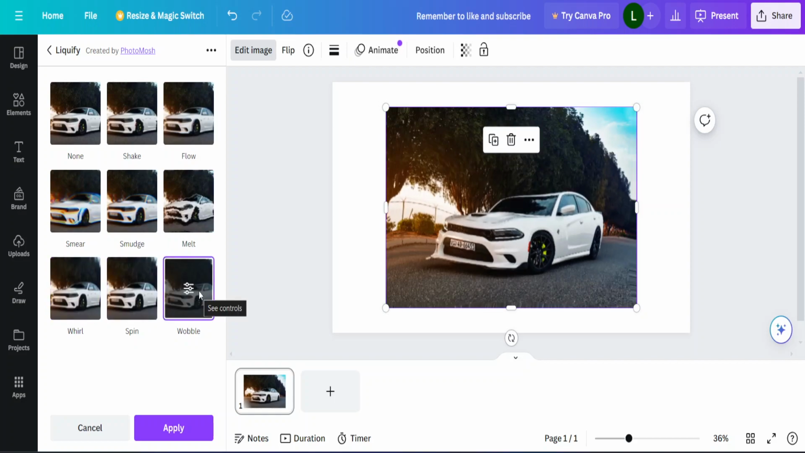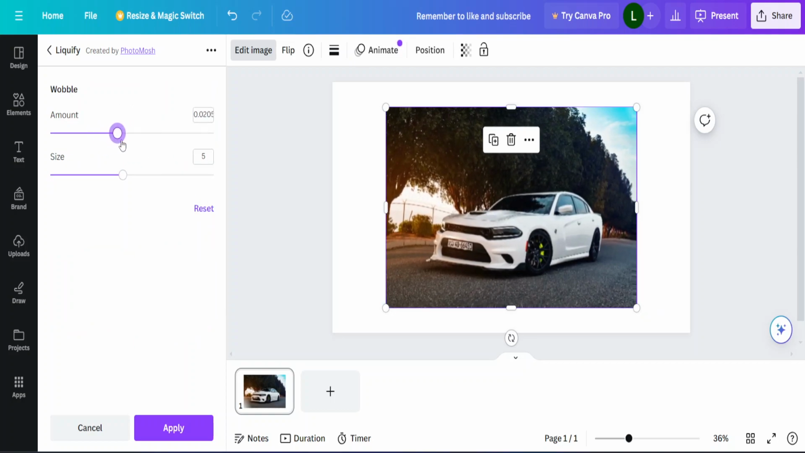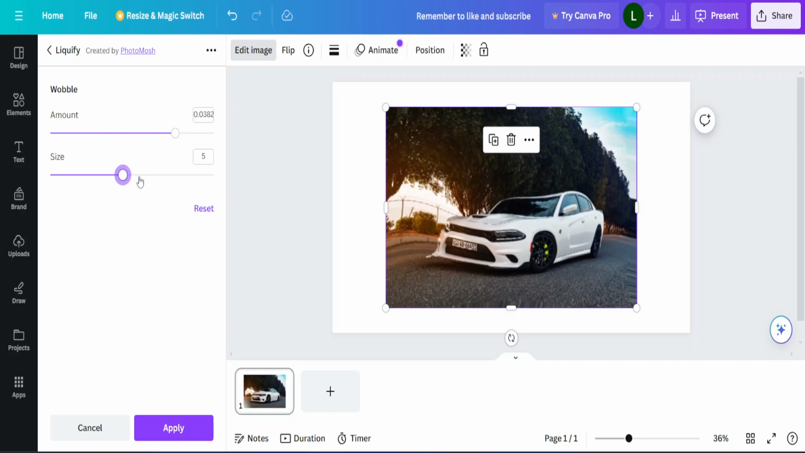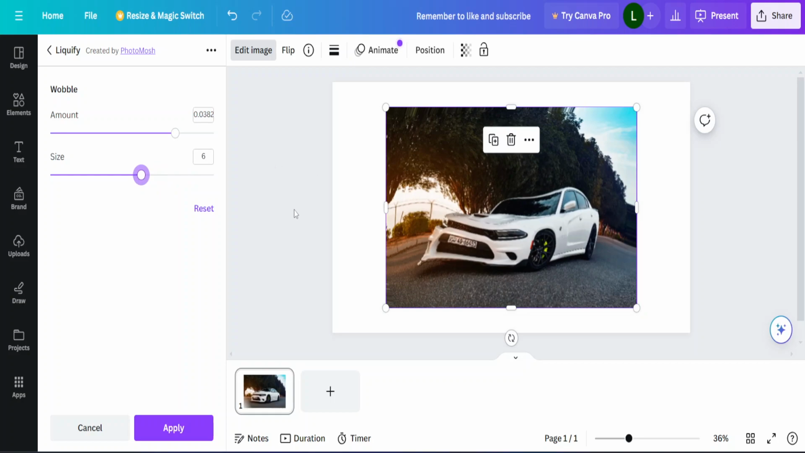and Wobble. Now if you want to adjust the effect itself, you press on the effect again, and now you see the different options, like the amount of wobble in this case and the size of the wobble. And that's how you liquify an image in